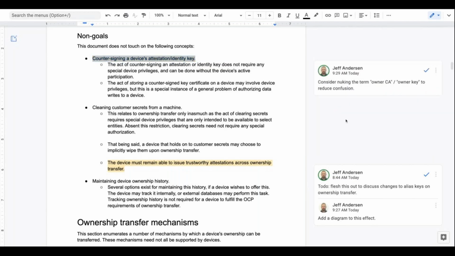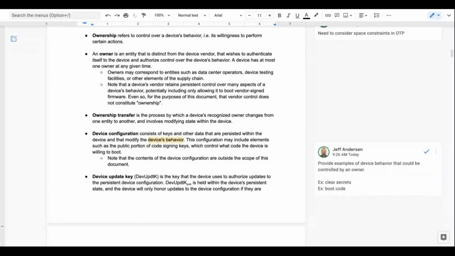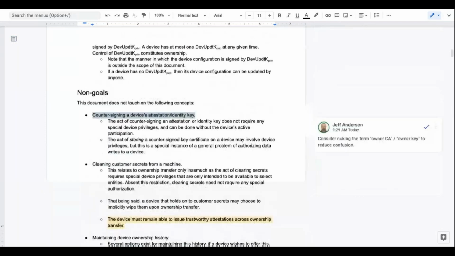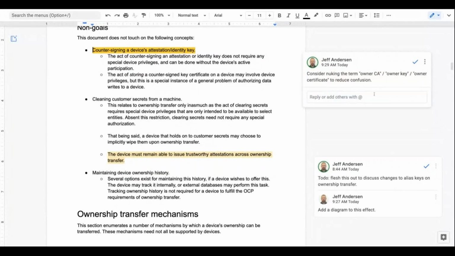That's a really good catch there, because if we're talking ownership in terms of the very good definition Jeff has, then you would imply that it also affects this owner key, let's call it the owner certificate over that device, that would probably change. Yeah, because if that changes, then if you look at it from an SPDM perspective, your certificate chain changes, which is kind of the basis for before you mine the attestation measurements and things like that.